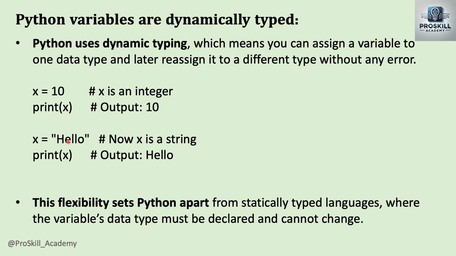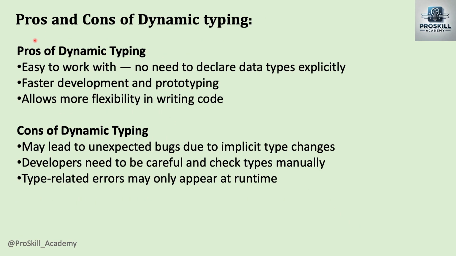Most of the languages we use apart from Python are statically typed languages. So this flexibility sets Python apart from statically typed languages where the variable's data type must be declared and cannot change. Because of this, there are some pros and cons of dynamic typing. The pro is that it is easy to work with, so we don't need to declare data types explicitly. For example, if some of you know C or C++, we need to declare the data type like int, float, and so on. But this is not required in